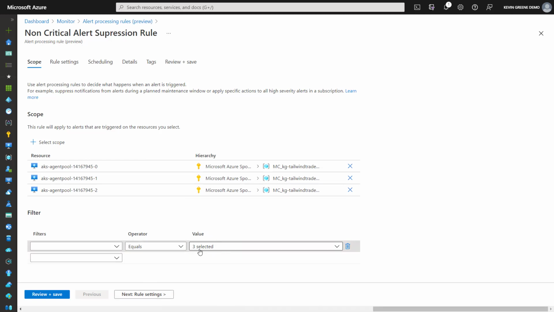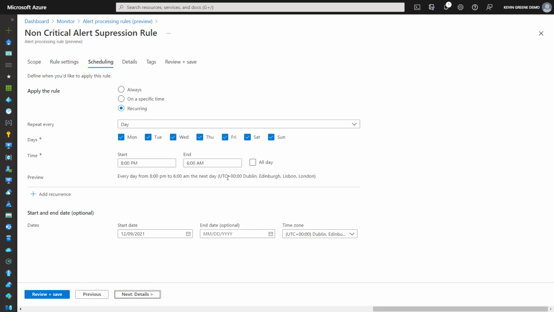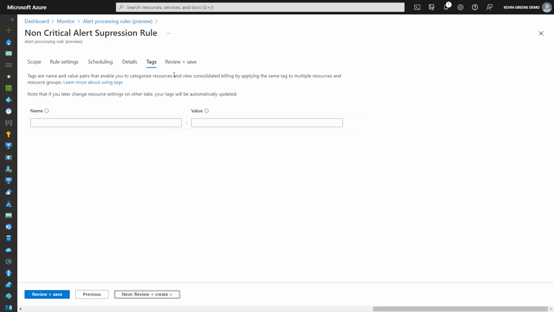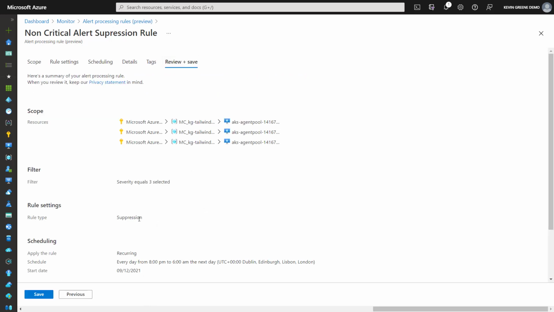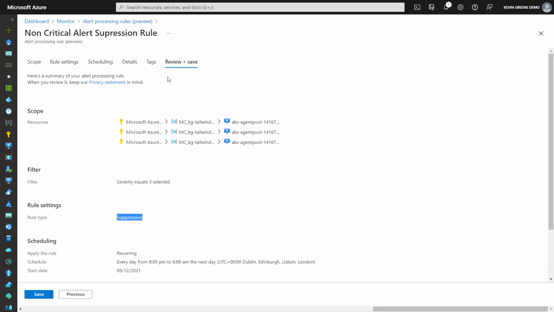So I've selected the servers or the workloads. I go to my next setting here, which would be suppression. I could also invoke an action group if there was an additional action I wanted. And then I specify my timeline. So I'm going to say repeat every day between 8 p.m. and 6 a.m., for example. And from there, I can specify where and what I want to do with it. I can add my tags. I can review. And because the rule type is suppression, it's going to suppress